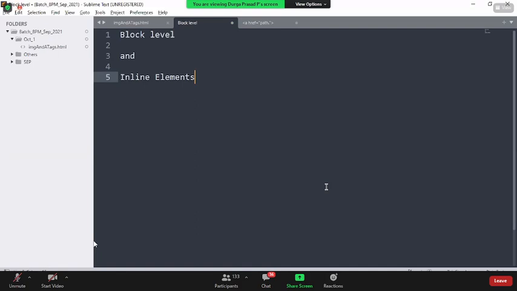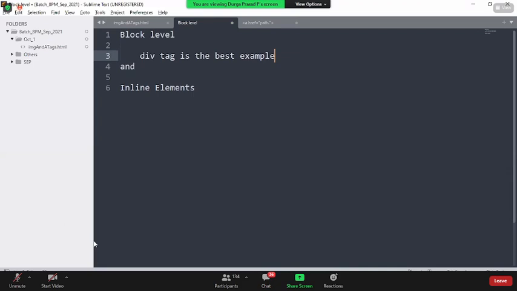Okay. So the very first thing is, whenever I say block level element, the best example I have is the div tag. Now, you may ask, boss, you said the paragraph tag is used to hold multiple lines of content, H1 to H6 tags hold the heading, the anchor tag creates a link, and the img tag holds an image.